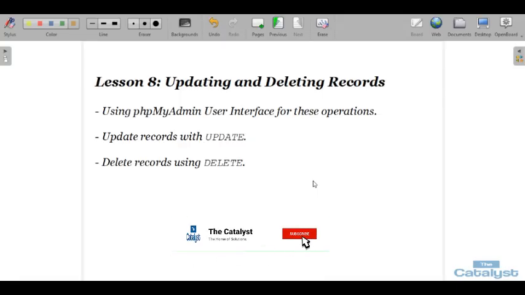So today's lesson is on updating and deleting records. And we are going to do that using the phpMyAdmin user interface as well as using SQL commands like update and delete, which are respectively used to update records and delete records. So without wasting time, we'll move to